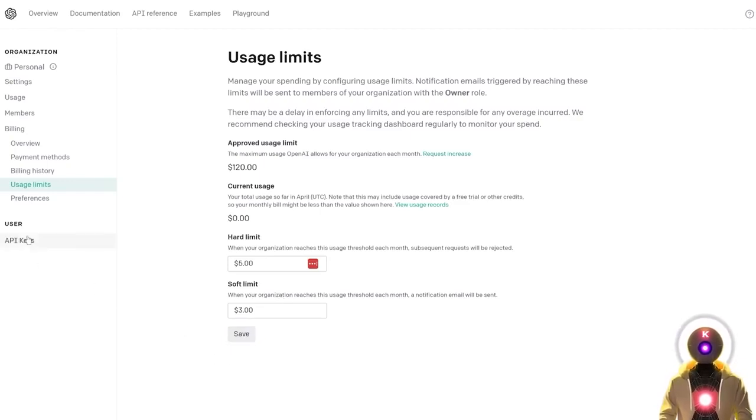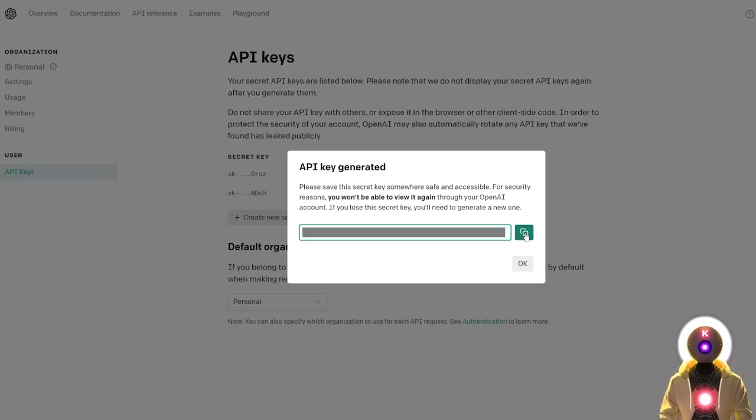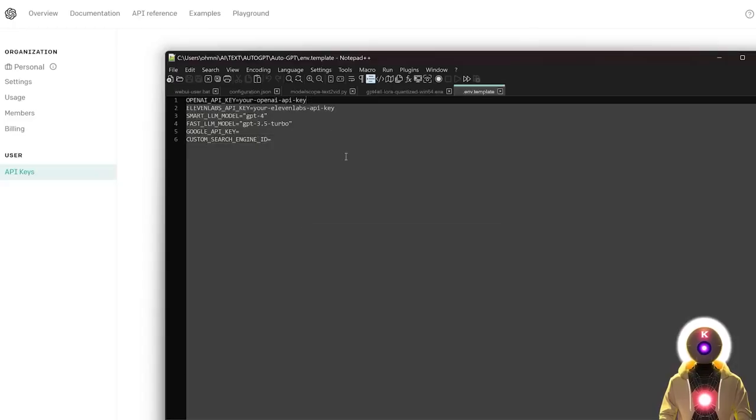So then you're gonna click on API keys, and then you're gonna create a new secret key. Now of course I'm not gonna show it to you, I'm gonna have to blur it out, but make sure that you save this secret key somewhere, because you will not be able to view it again from the OpenAI account. So if you lose this secret key, you need to generate a new one. So then you're gonna copy your secret key and replace the text your OpenAI API key with the key that